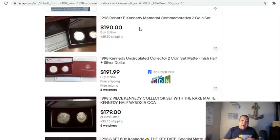I would probably also add this one to the list. I know coin shops still have quite a few of these. A few of my coin shops have 6 or 7 of these in their cases as we speak. Not particularly cheap. I think they were asking like $35 apiece for them, which is way too rich for what they're currently worth. But when you can pick them up cheap enough, you can pick up a bunch of them and just hold on to them because they will